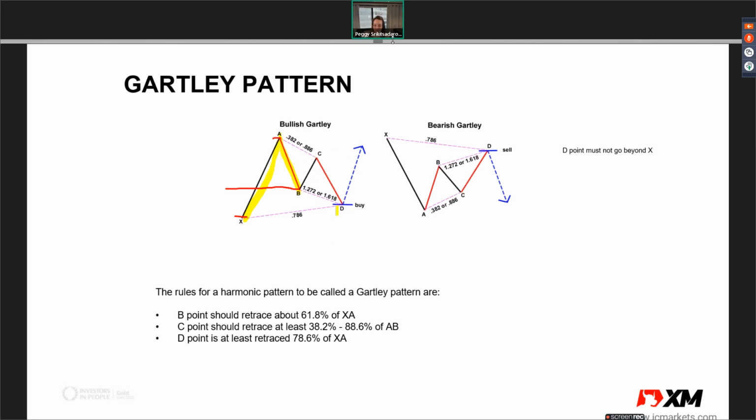How do you get the D point, which is here? The D point should retrace at least 78.6% of XA, meaning you draw Fibo from here to here. This is 61.8%, which gives the B point. And if it retraces 78.6%, you can get the D point as well. Or another one you can get is